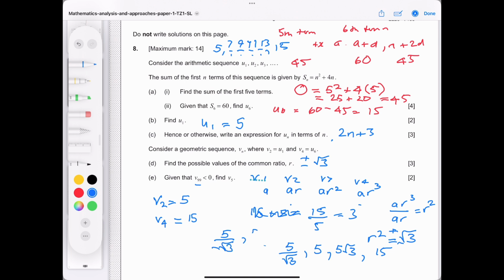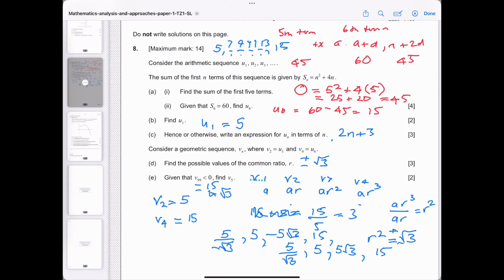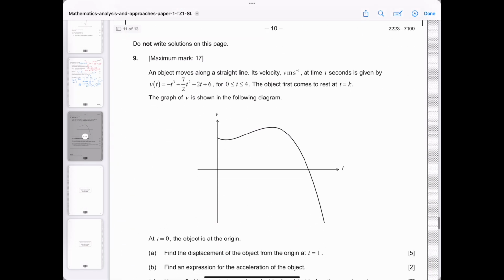Then we times by minus root 3, that gives us 5. Then we times by minus root 3 again and get minus 5 root 3. Then we times by minus root 3 again and we get 15. Then we times by minus root 3 again and we get minus 15 root 3. That is horribly laid out, but that's how that works. Right, and I apologise for using